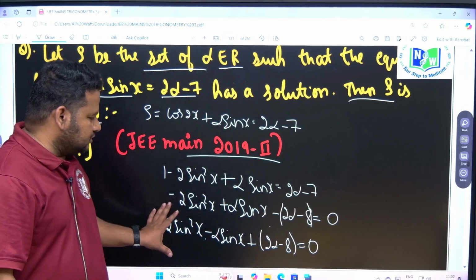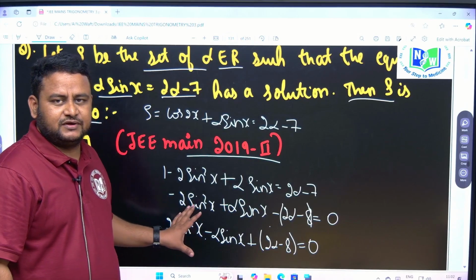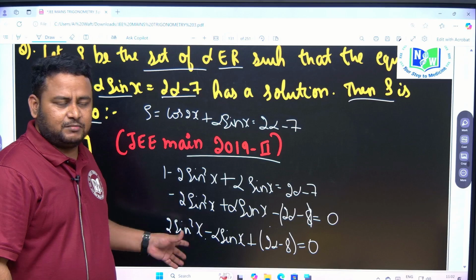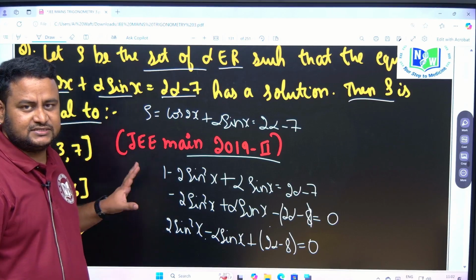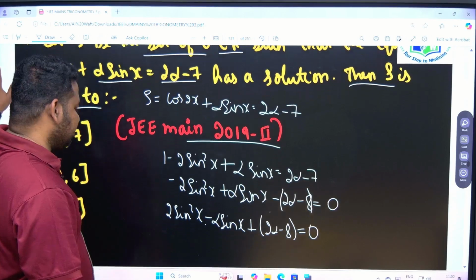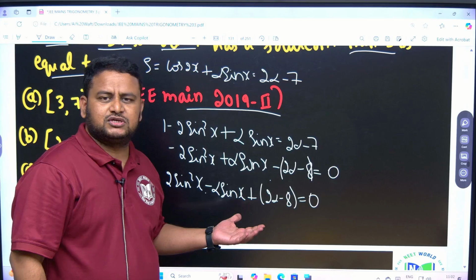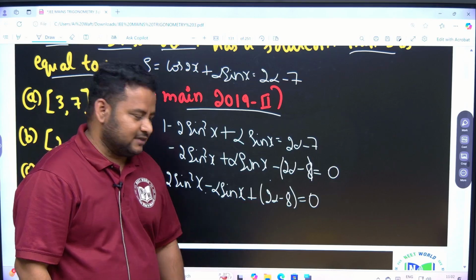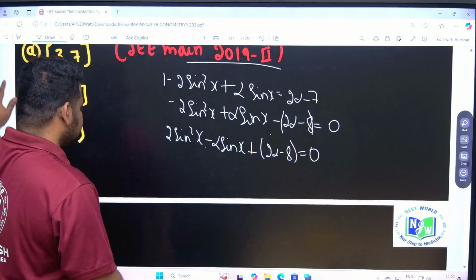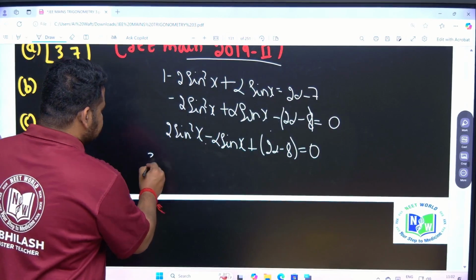So we got it in the form of a quadratic equation in sin x. Now we have to find the value of sin x. To find the value of sin x, what can we do? We can just use the formula, that is Sridhara's formula, right? Now what we will do? So I can write sin x is equal to